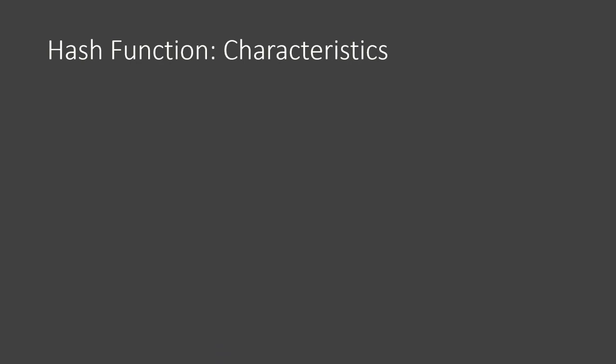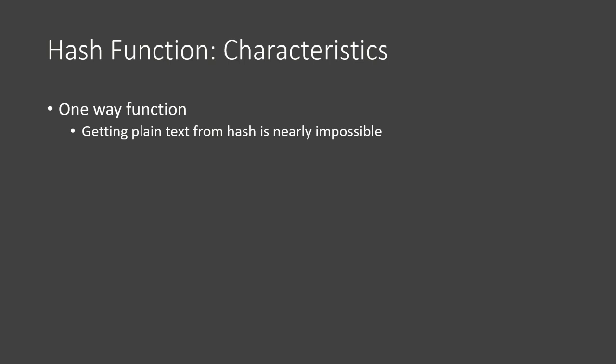Characteristics of a hash function. It is a one-way function. It means that you can go from input data, that is plain text, to output data, but you cannot go from output to input. The process is irreversible. You can get output from input, but you cannot get input from the output. The best example I can think of is